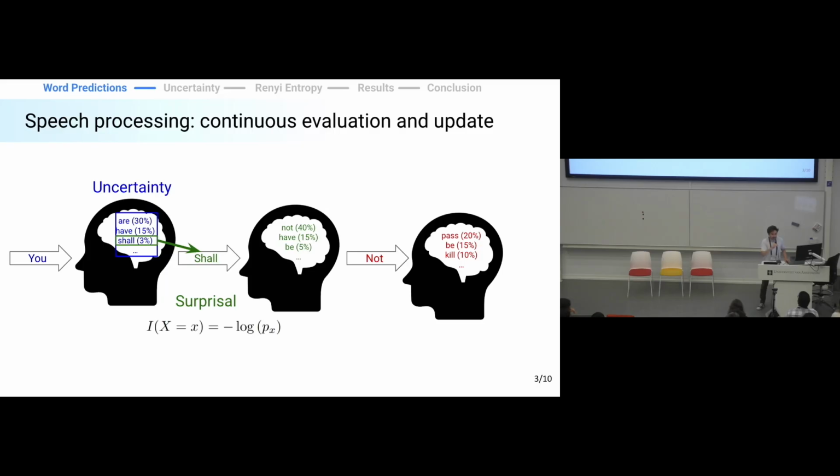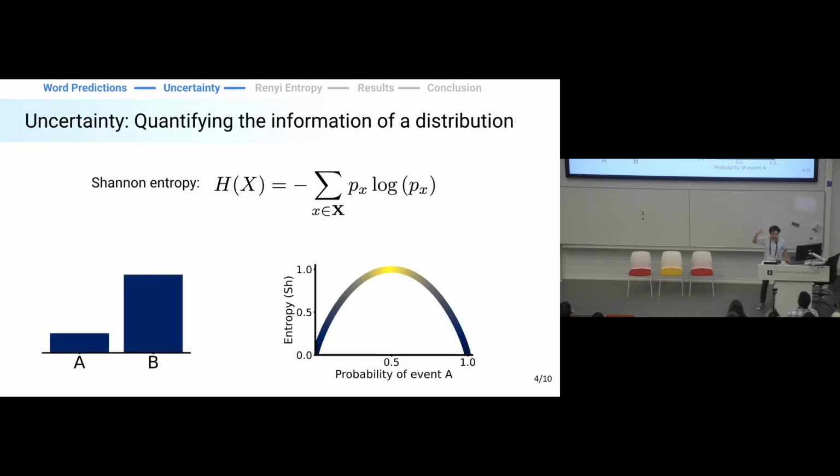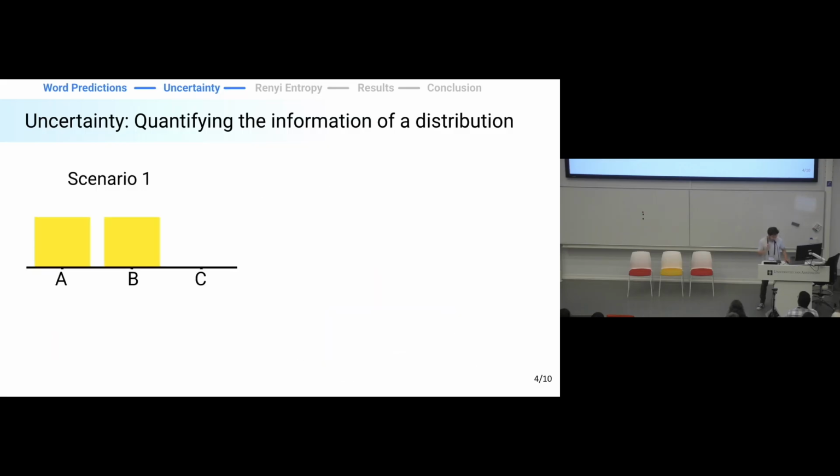Now, uncertainty is usually quantified using the Shannon entropy, which is the expected value of the surprisal. But if I were to show you this distribution of 32,000 words, it would be really hard to talk about it, right? So let's go to two events. This way it's much simpler. We can plot the whole entropy as a function of the probability of the two events. If the two are equally probable, then I am very unsure because I have no preference, and then as soon as you change, it's going to change. Fine, easy, simple. Now, let's look at 3 events.